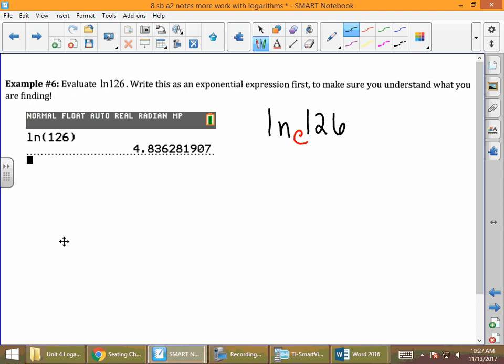It doesn't have to be written, but we oftentimes will convert to an exponential to be able to solve this. So when we rewrite this as an exponential, it becomes e to the x equals 126. So what we're actually finding is e to what power gives us 126? Well, we already found out what that is. In this case, it's